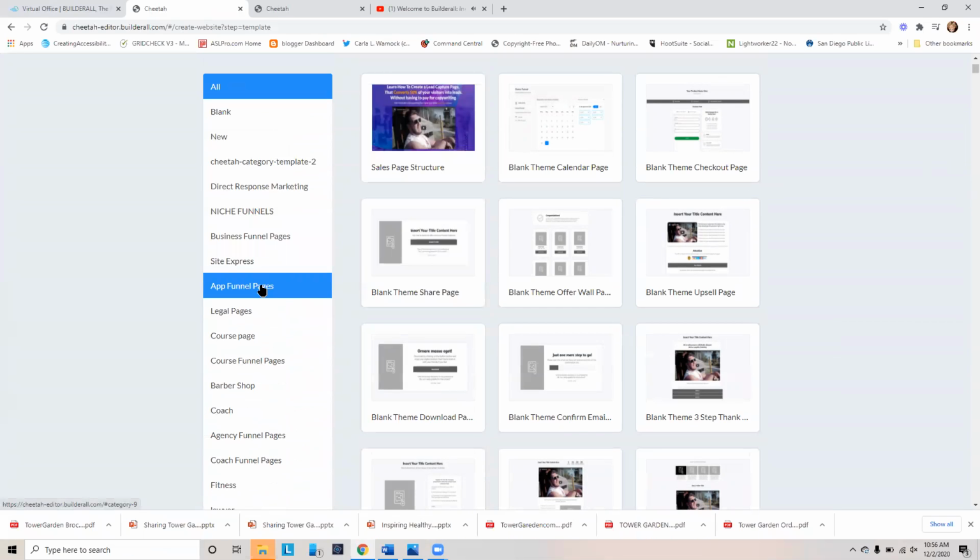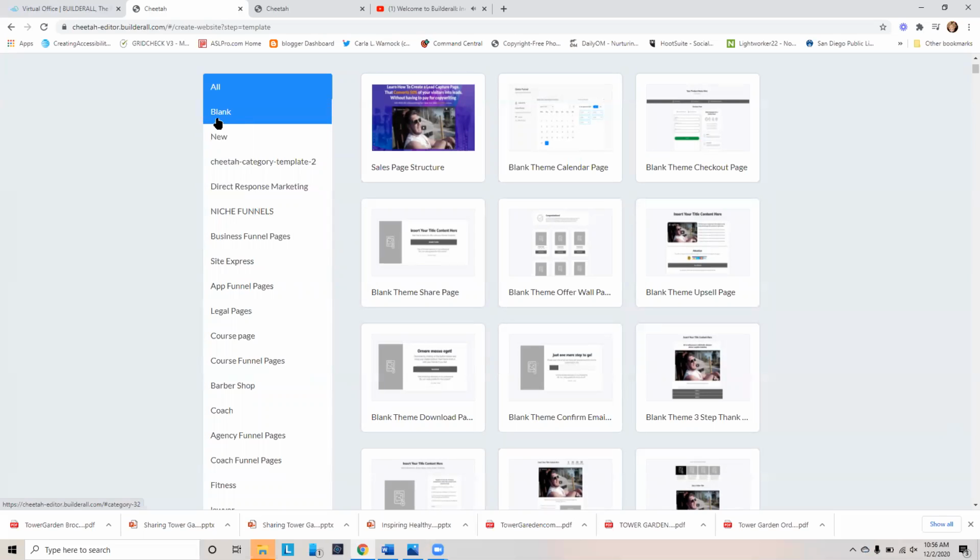For example, if you are very new to web design and you really have no idea what you should include in a web page, a smart template might be a better option for you. But let's just say that you know some stuff and you really are just motivated to do your own thing and to learn it from the ground up. That's me too. That's how I learned Builderall, is by just starting from a blank